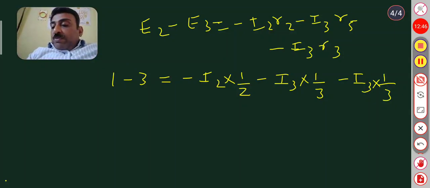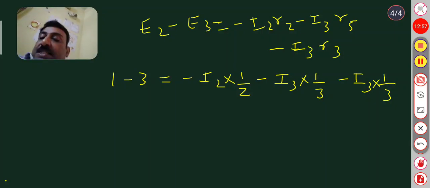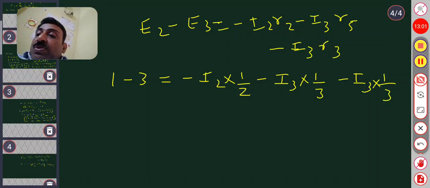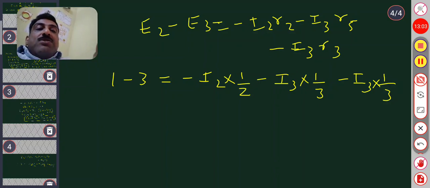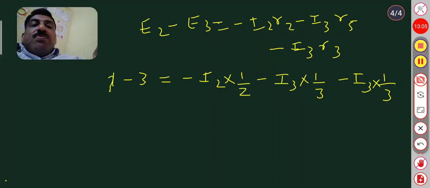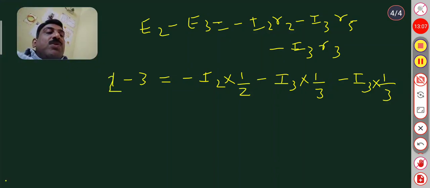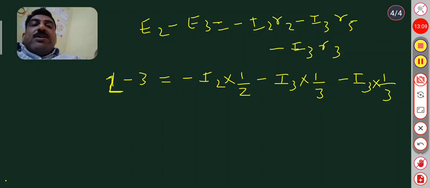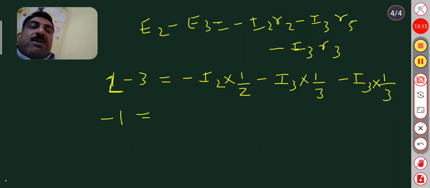R3 is also 1 by 3. R5 is also 1 by 3, isn't it? So when you solve this, what is the relation you will get? You will get minus E2, where E2 is 2 volt, sorry. So this is 2 volt. Here it is 2 volt. Okay, so 2 minus 3. What is 2 minus 3? Which is minus 1